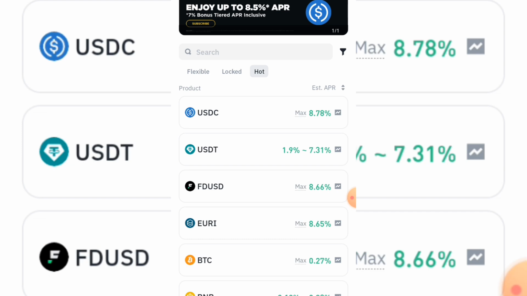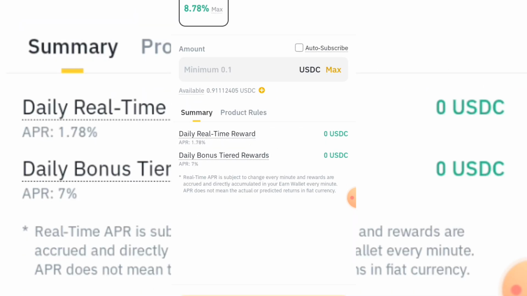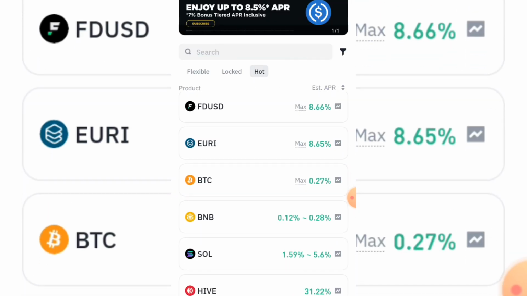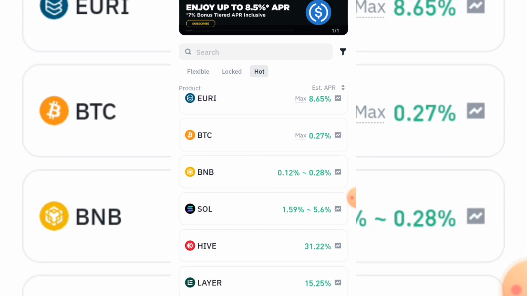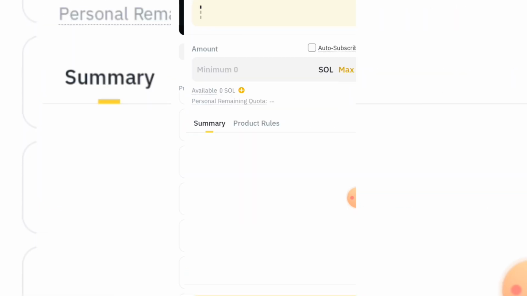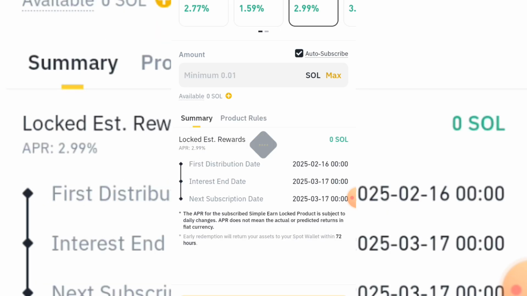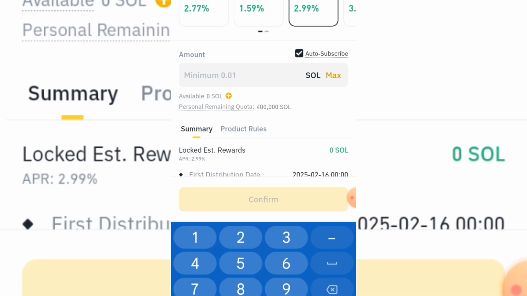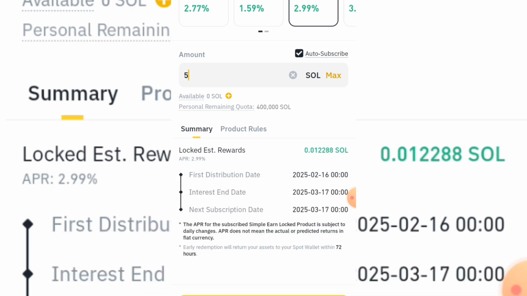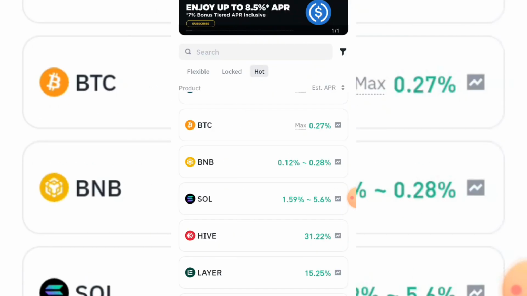Okay, so this is, I think this is not locked. This USDC is not part of the locked. We have BNB, we have BTC, we have Solenoid. Okay, alright, so Solenoid 2, we have 14 days, 30 days. Let's put 30 days here. Amount of Solenoid, let's say one solenoid is about 100 and something. So let's say we have 5 solenoid, which is $1,000. So this is the amount of solenoid we will get,